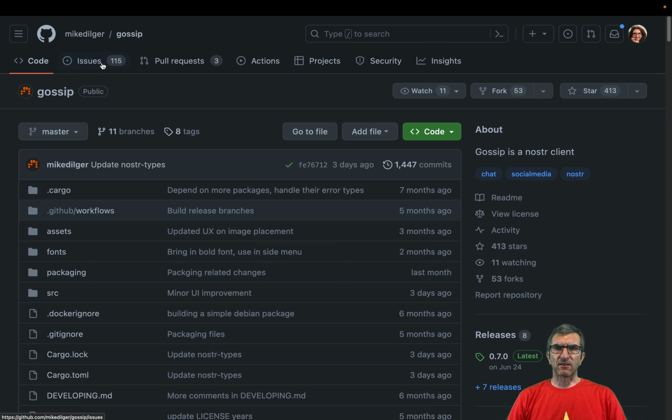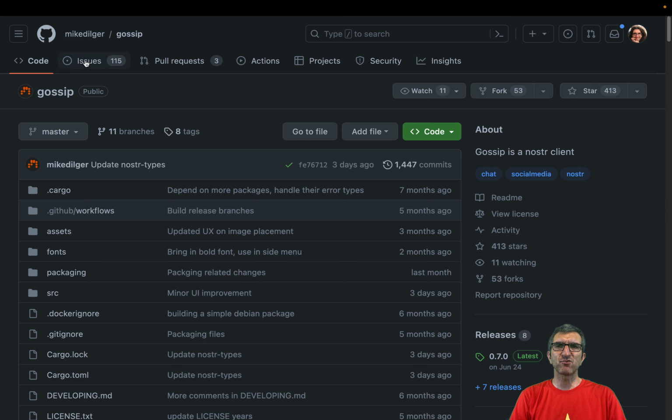The issues, you can see it has more than 100 issues. As soon as I downloaded it, I was working with it for some time and found that it creates a database, it gets larger, and there is a very, very basic method to make it smaller. So I'm going to add a feature there. But in this video, I mainly want to show you how to participate in ongoing projects on GitHub.